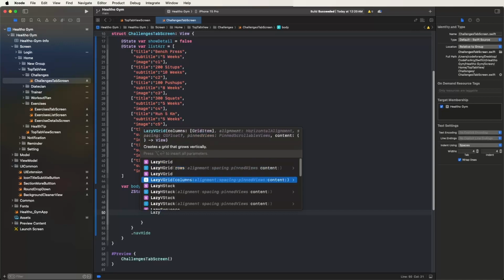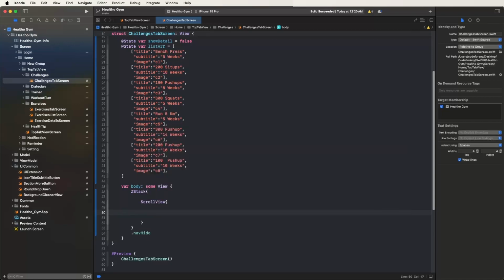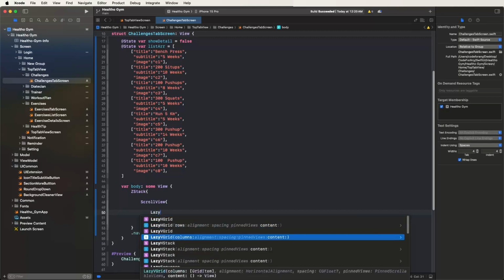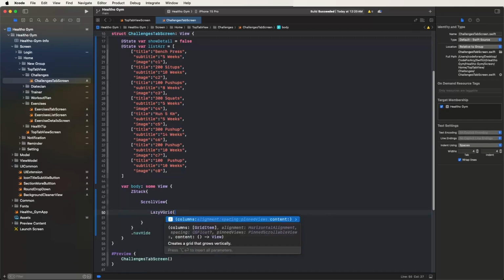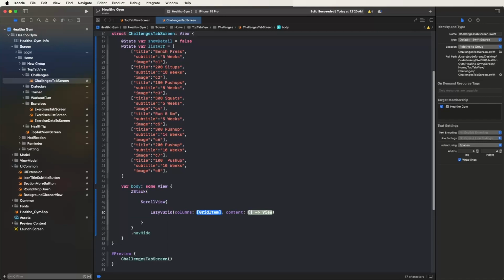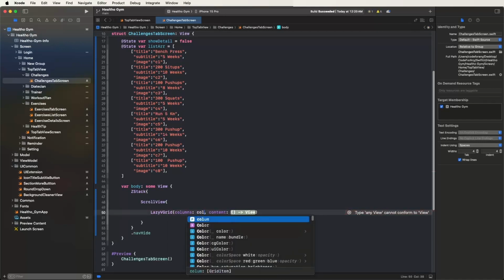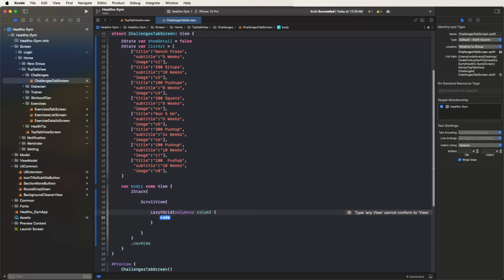Horizontal grids, we need to set this. Now set the lazy vertical grid, pass the columns and give the column variables, and inside set the contents, and also set the spacing